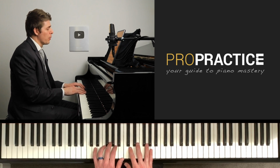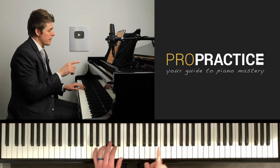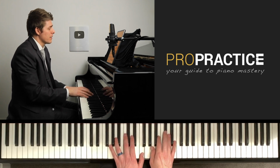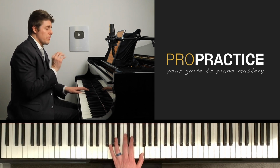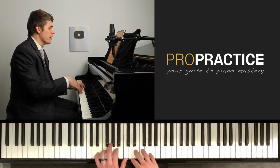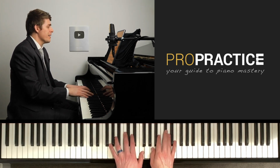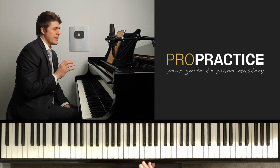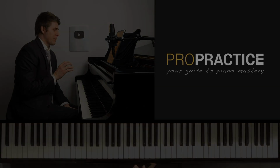And then, such gorgeous writing. I love it. So simple, but the transfer of the melody down into this left hand. So don't be hesitant to bring that out. He even writes marcato. So you resolve here and then bring that out. By the way, here's a little trick that I like to use, and this isn't discussed enough, I feel like, and I don't discuss